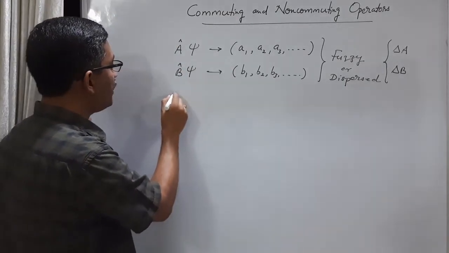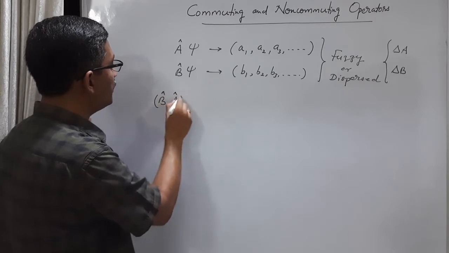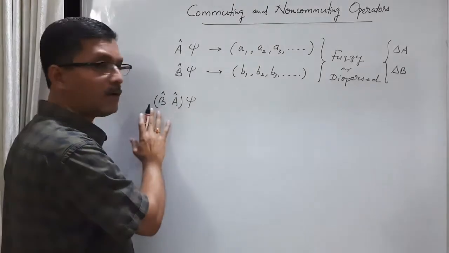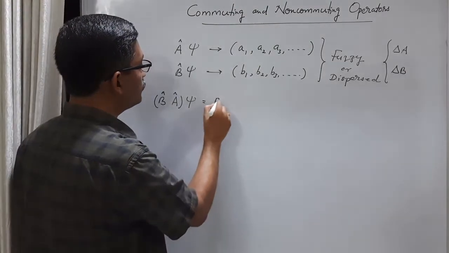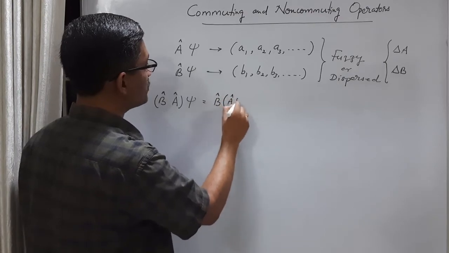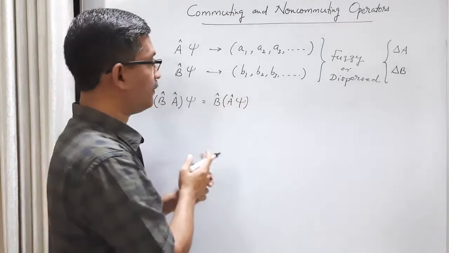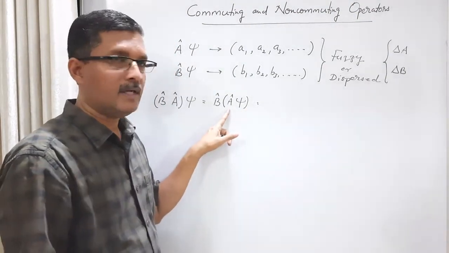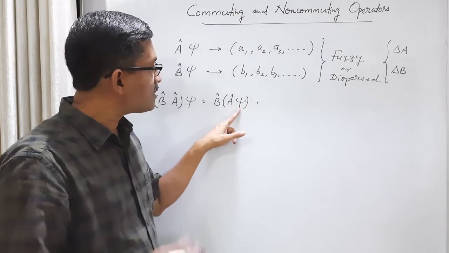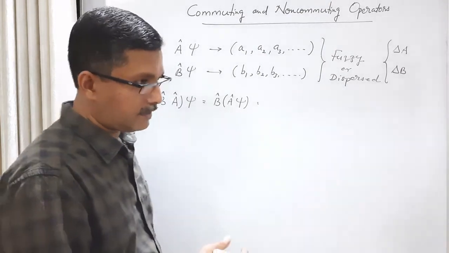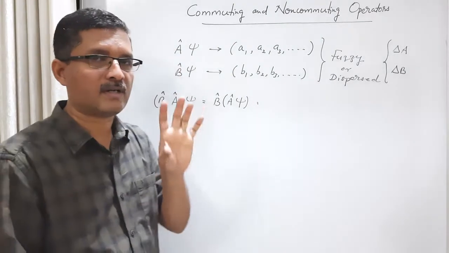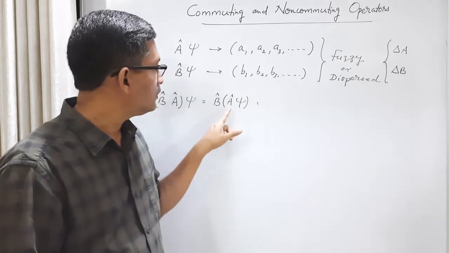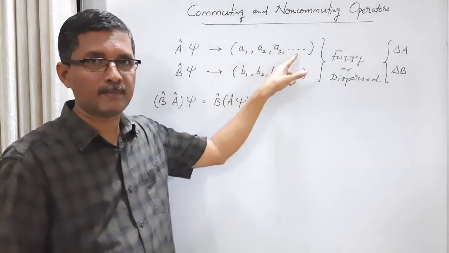So we first measure A and then measure B in the state psi. Remember, psi is not an eigenstate of either A or B. Okay. So consider this. First we measure A on psi. That means operator A is acting on psi. What happens? Psi is a general state for this operator, right? So what is the result of any single trial? We can have many trials, but let us consider a single trial here. We are considering a single member of the ensemble and we take one measurement of A. So we can get one of the eigenvalues of A.